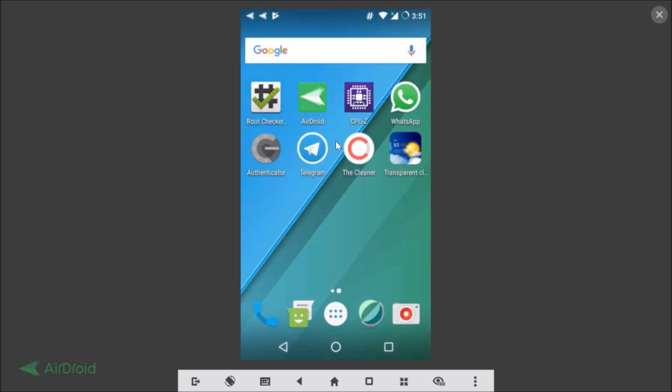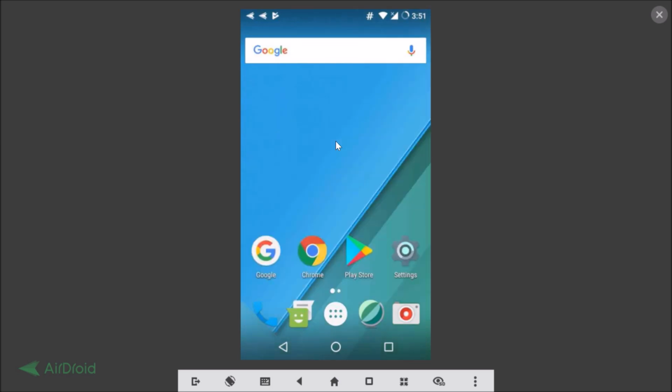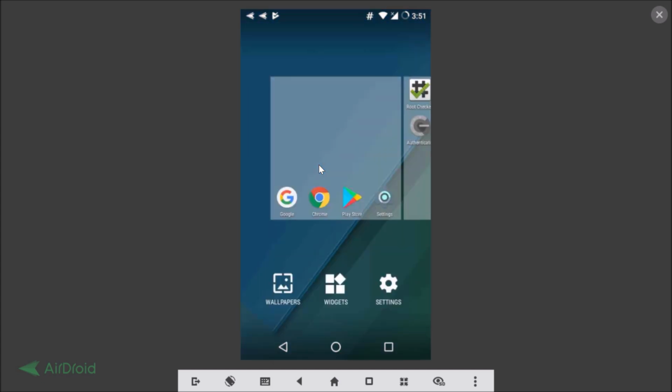and you need to go to the home screen. Okay, so I'm at my home screen over here. Okay, after that you just need to tap on the blank space and hold it. Okay, so let me do that. Tap and hold it, and we get these options. Okay, wallpapers, widgets, settings. So just tap on this widgets,